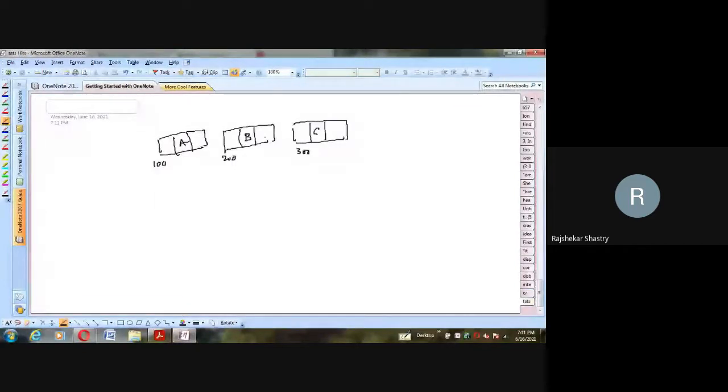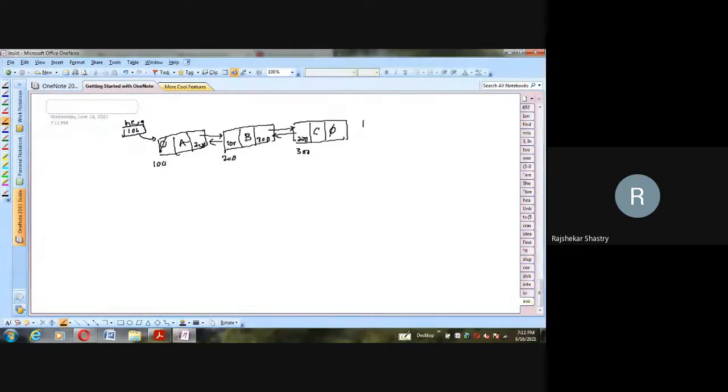Here 300 points to this node. This is 200 pointing to the left side. This is null. Left side here also it is null. Right side 200 will be here, and in this 200 left portion will have 100. That means this points to this one, and head is a pointer holding 100 pointing to the first.